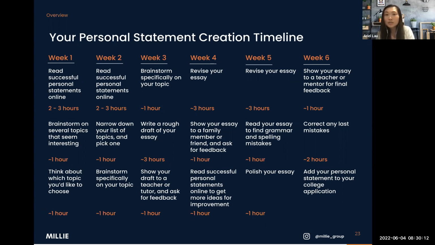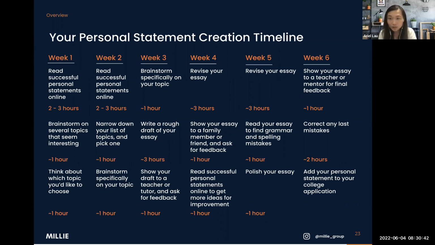So I would think that generally students would use 6 weeks to craft their essay, especially the important ones like the UCAS one or the Common App main statement, because these are the most time consuming ones to write. You would like to showcase the best of your ability, and I do think that for a lot of students, 6 weeks would be a minimum to achieve that level of refinement in their writing. So the first week, you should focus on reading successful personal statements online and see what students normally write about.